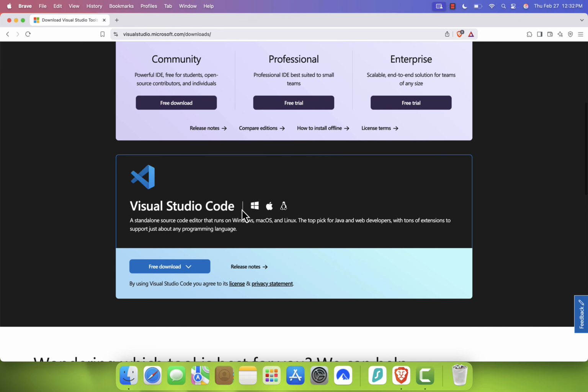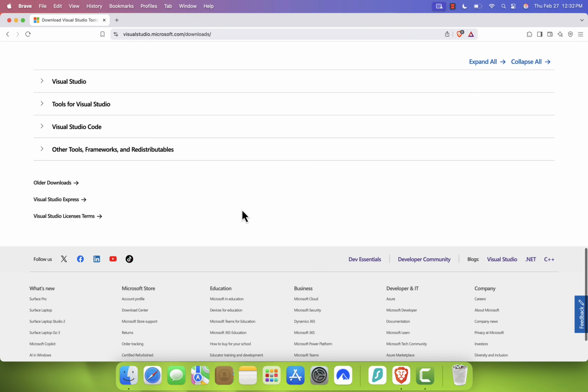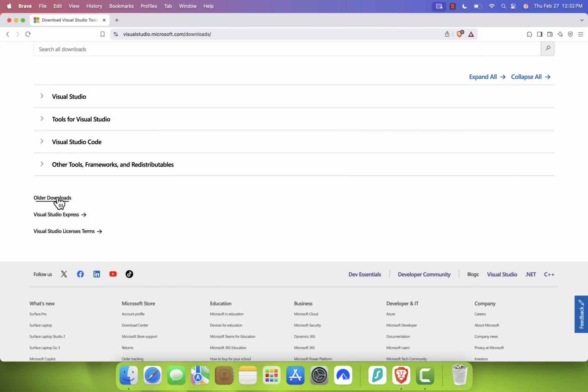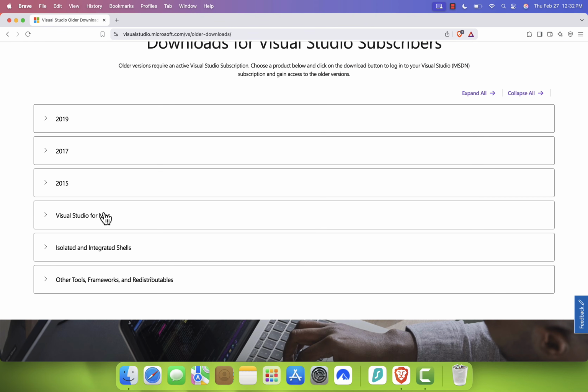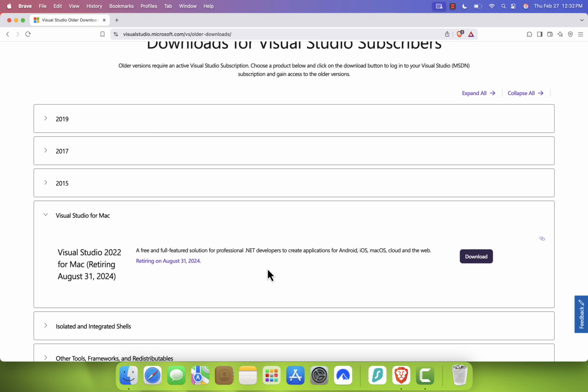Now here's where the trick comes in. Scroll all the way down the page, and you'll find a hidden section for older downloads. Click on that, and then scroll down again until you see Visual Studio for Mac. You'll notice a message saying it's being retired on August 31st, 2024, but don't worry, you can still download it for now. Click the download button and it'll take you to a new page where you need to sign in